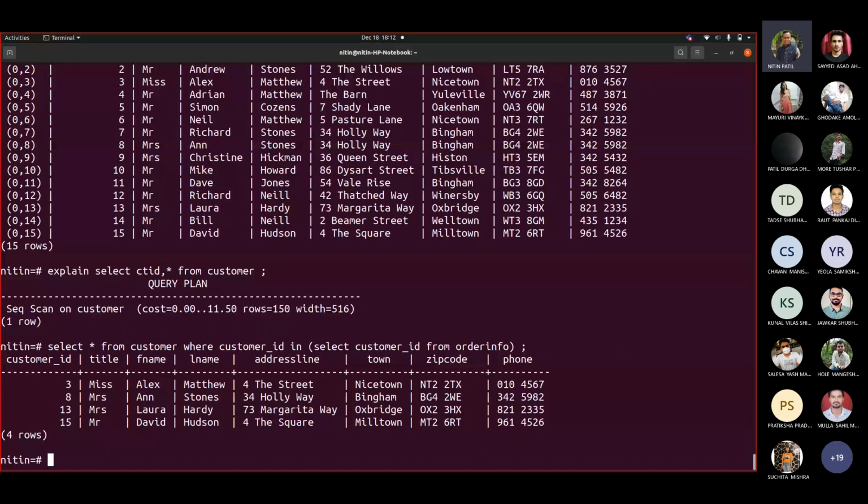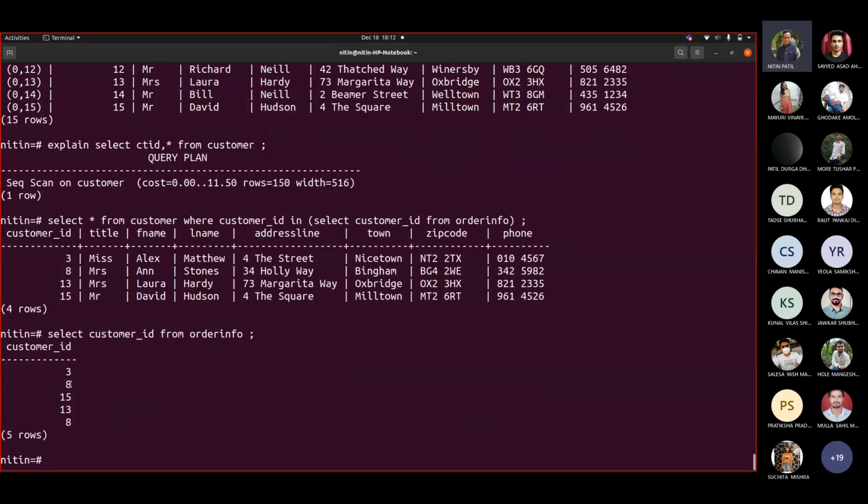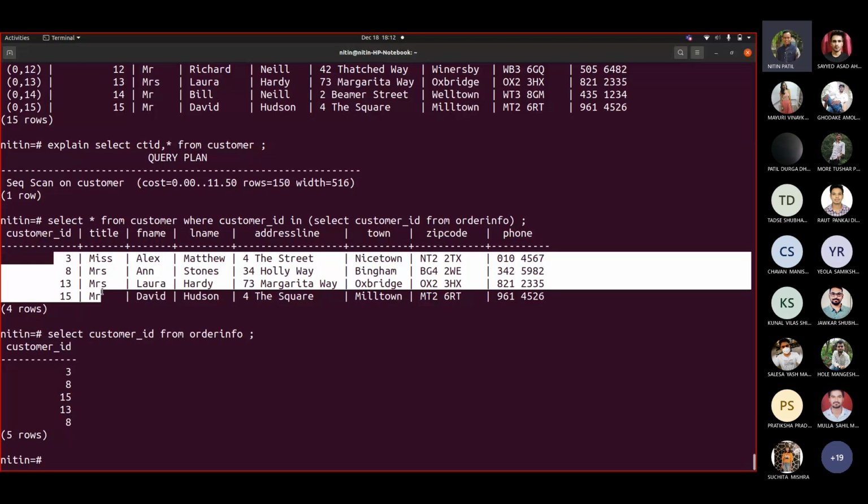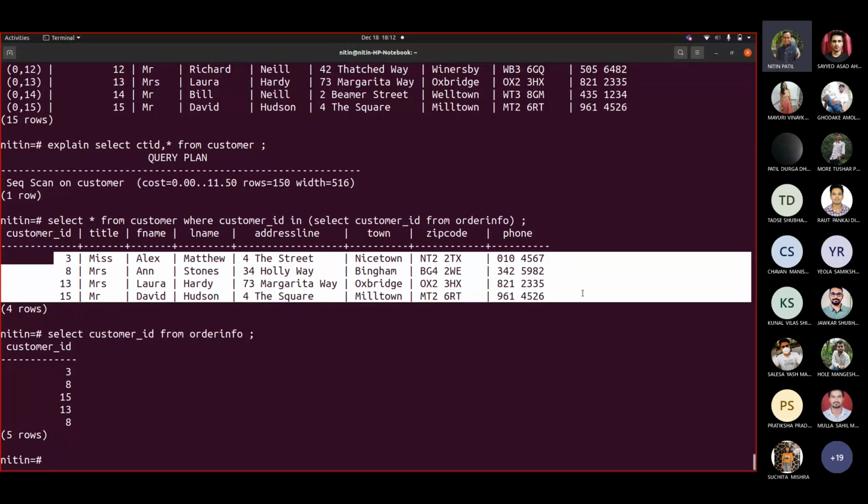Now it is showing me only those 4 customers, though there were 5 orders. If I simply write select customer_id from order_info, it should show me 5 records, but this 8 is repeated. And when you're using in, you are talking about a set. So from that set, only these 4 customers were there. Fine.